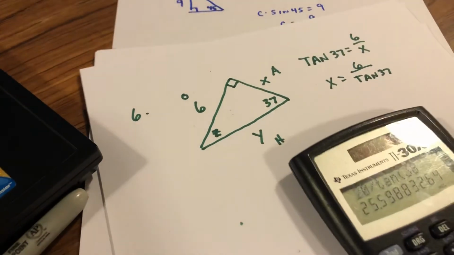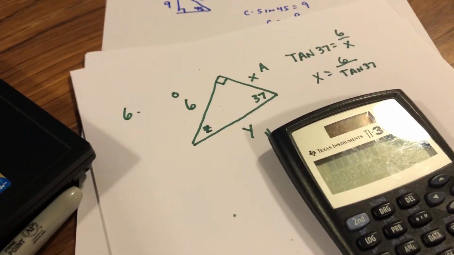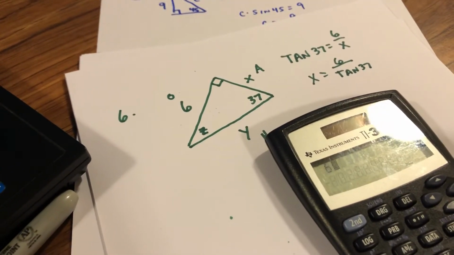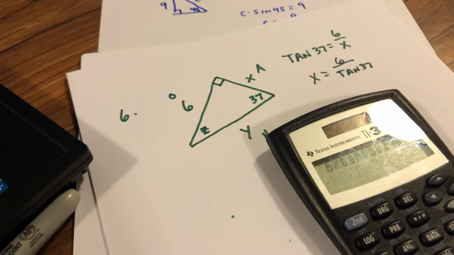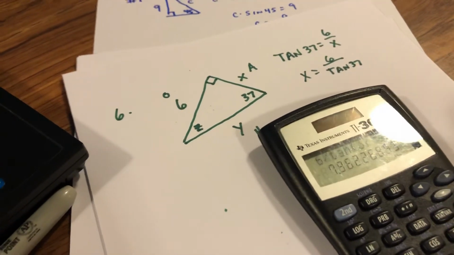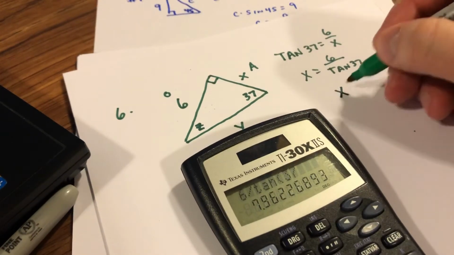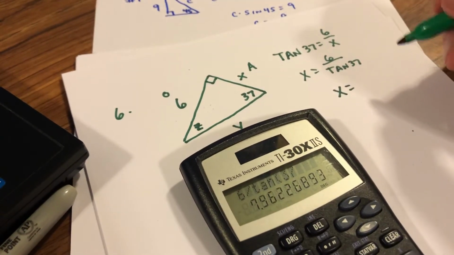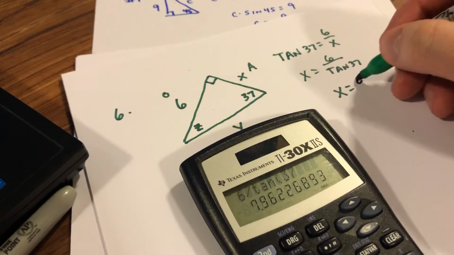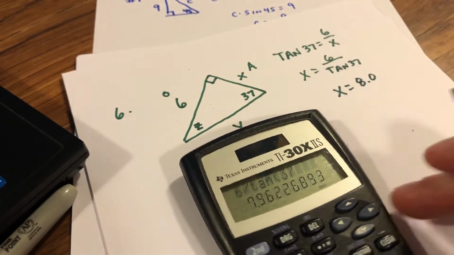So when I put that into my calculator, I'm going to do 6 divided by the tangent of 37, and that gets me 7.96. So x in this case, if we're rounding to the nearest tenth, actually would be 8.0